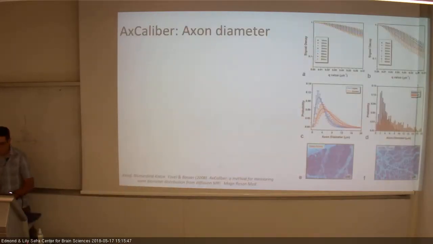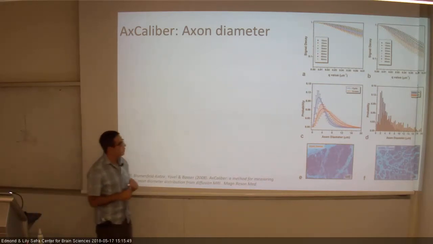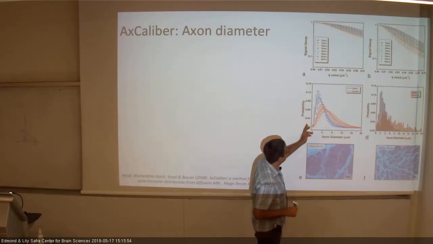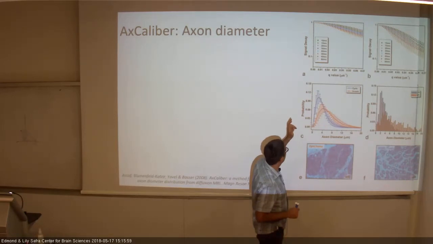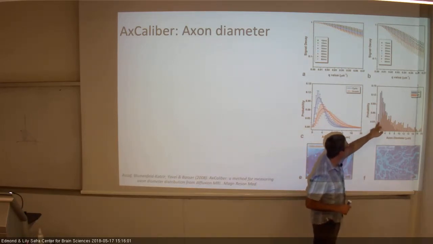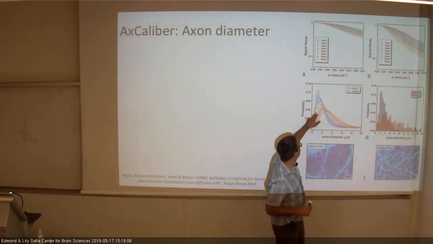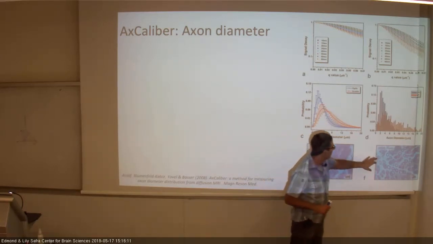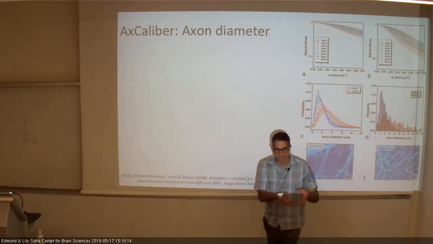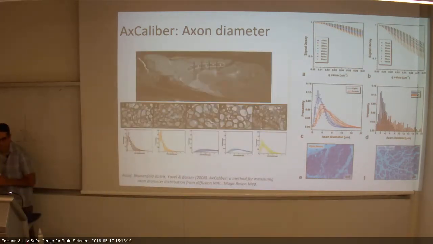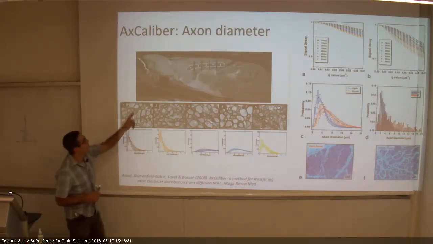And they can show that this is postmortem. Let's say they take two types of axons, put them in the magnet. They do the histology. One of them is the histology, I will guess this one is the histology. So they have these different distributions of sizes. And then with diffusion measurement, they can actually replicate the distribution of sizes between these two different nerve bundles that they put inside the magnet. And then the next step they did is to do that in a mouse